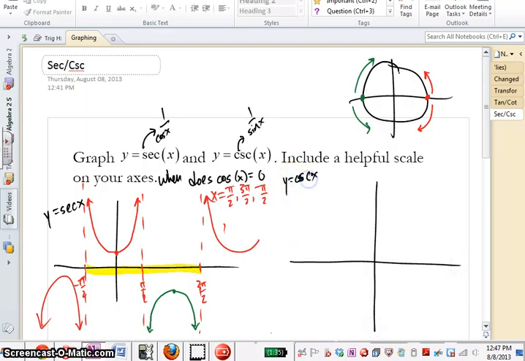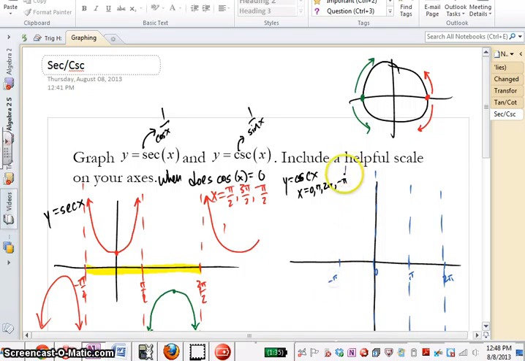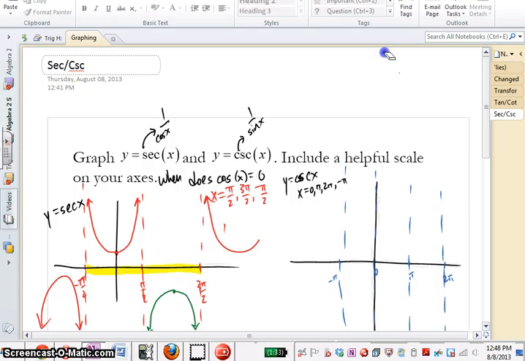but instead we are asking ourselves, when does sine equal 0? Here it's going to happen when x is equal to 0, pi, 2 pi, negative pi, or any other multiples of pi. So when we graph this, we want to have an asymptote at 0, pi, 2 pi, negative pi. And we can apply the same logic that we used earlier with the unit circle,